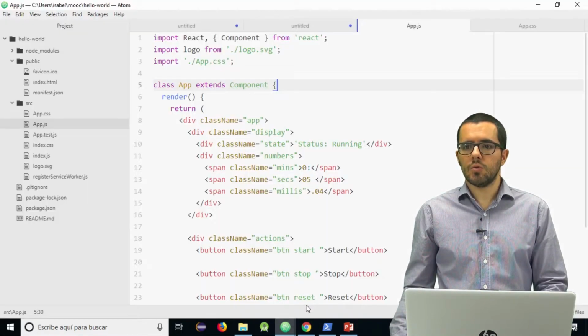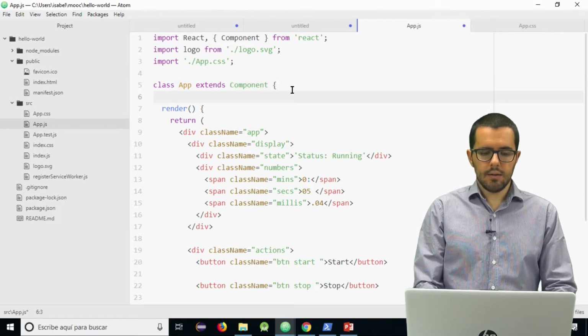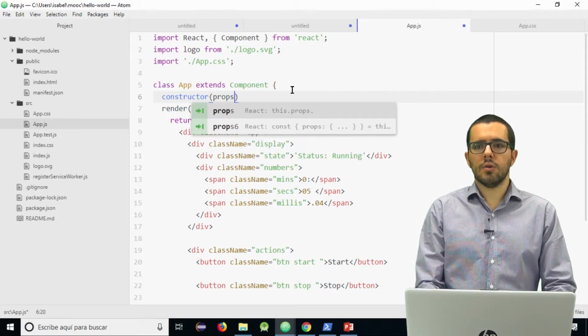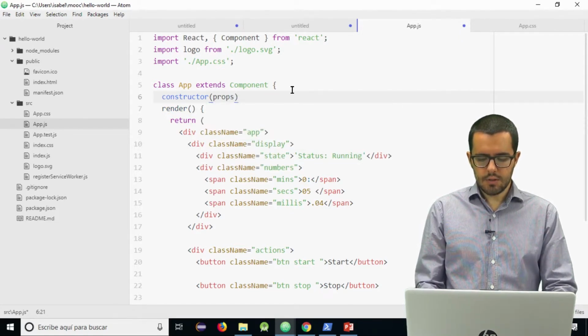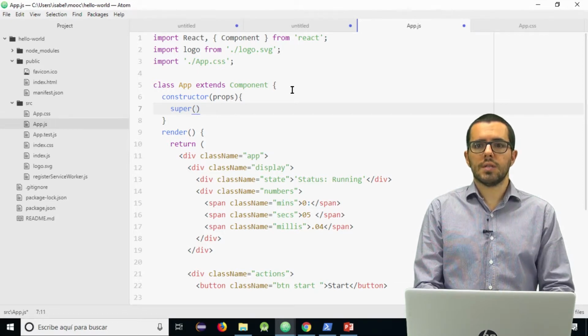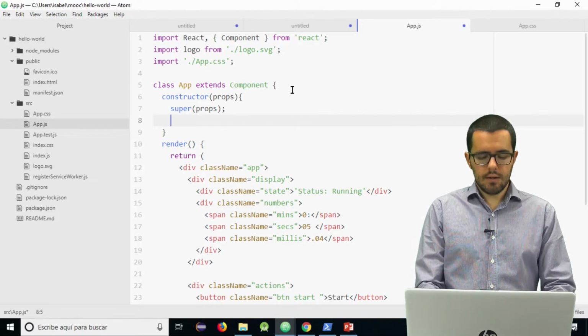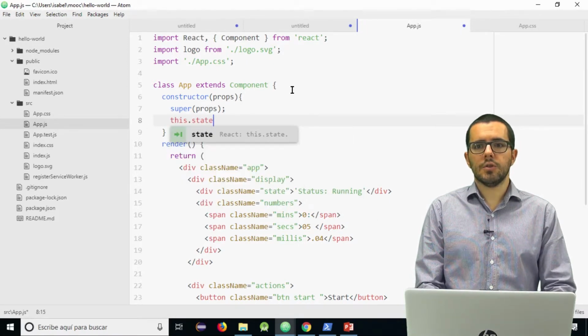Okay, let's go to app.js and create a constructor. The constructor receives the props. The first line in the constructor is always to call super with props, and then we can define this.state.